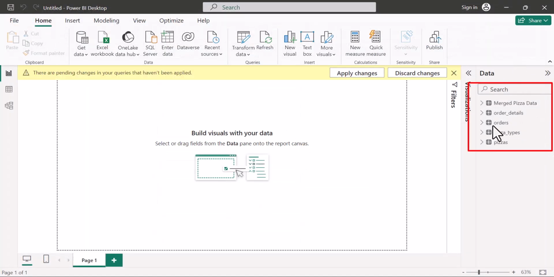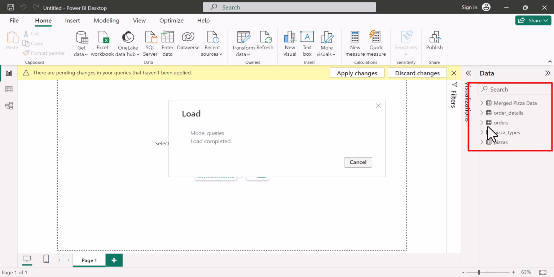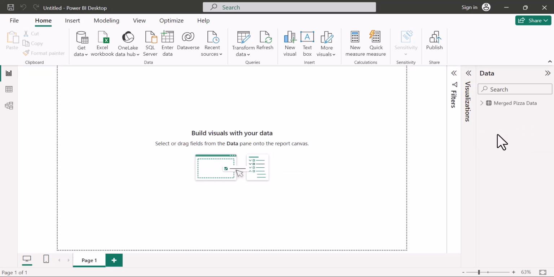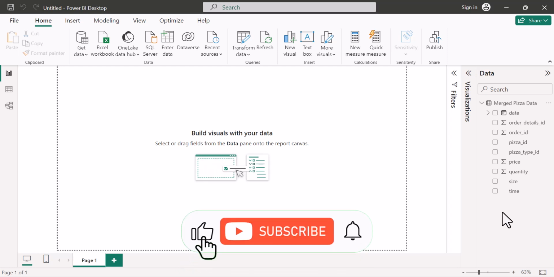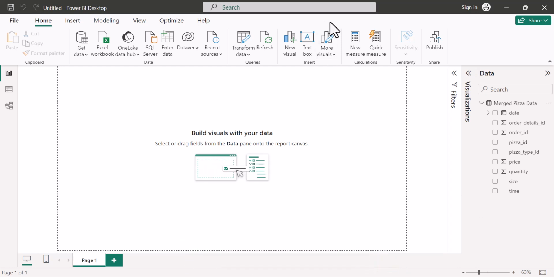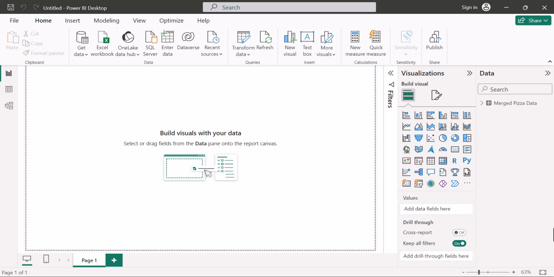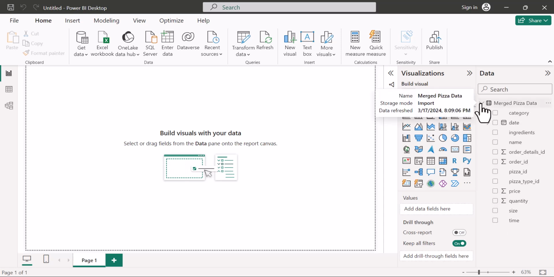Take a look, keep your eye on the right side here, and you can see the other tables have disappeared. We now have just one table that contains all our data. Now we can go ahead and start our project and create our visuals. So let's take a look at our data. If I expand merged pizza data over the right side here,